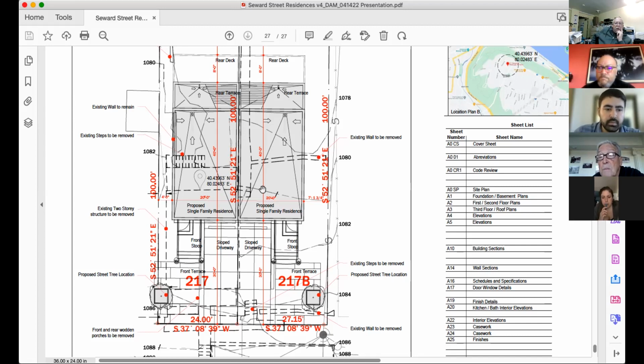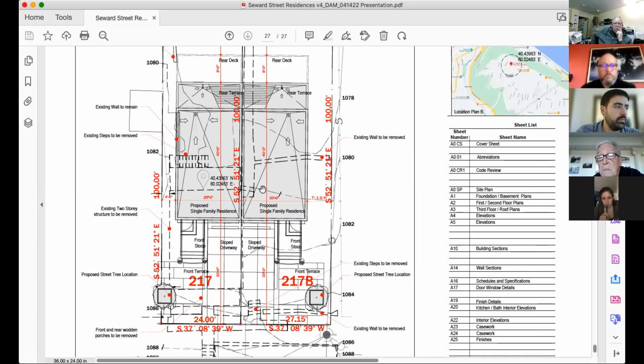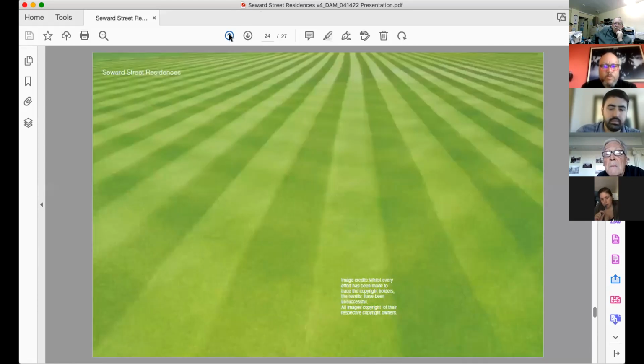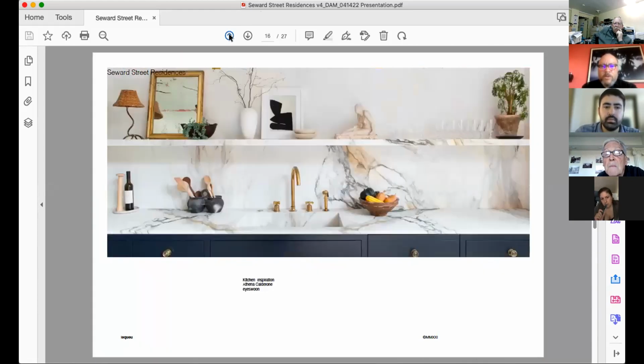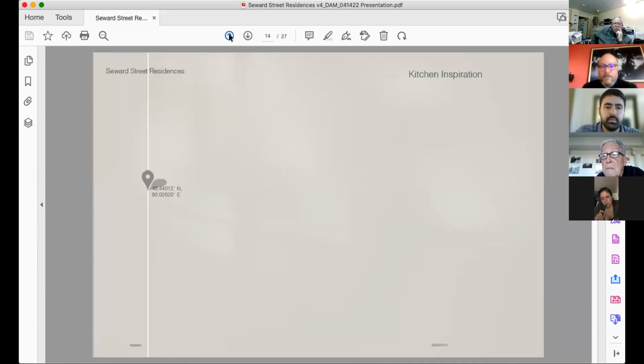Hey, Paige, what are your elevations? What's the window pattern like on the sides? On the outsides, there are two windows. I'll go back in the plans here. The only windows are on the sides in the back at the top.